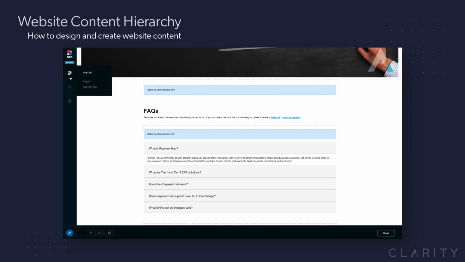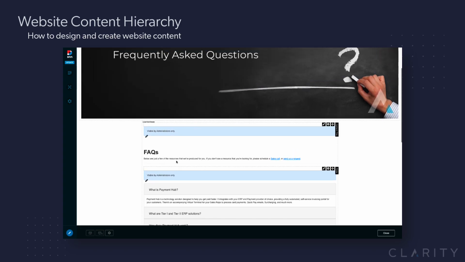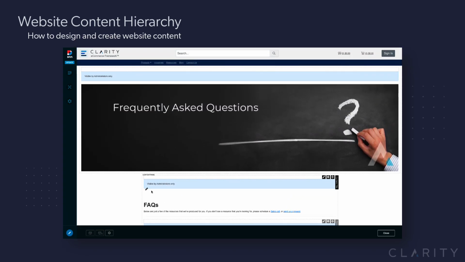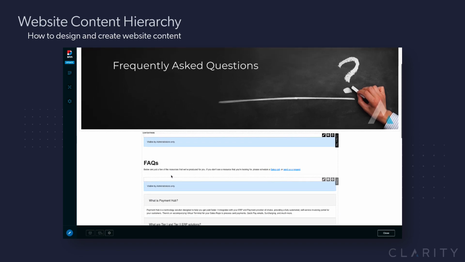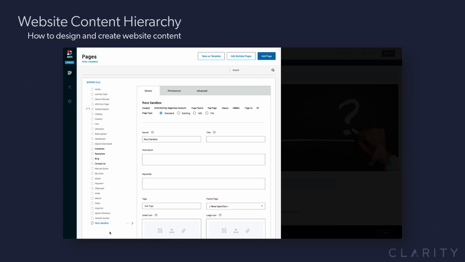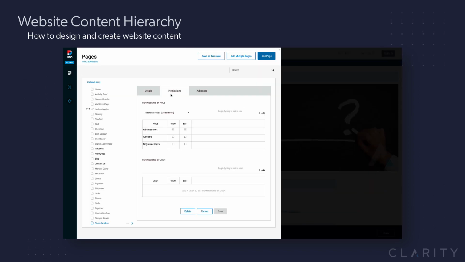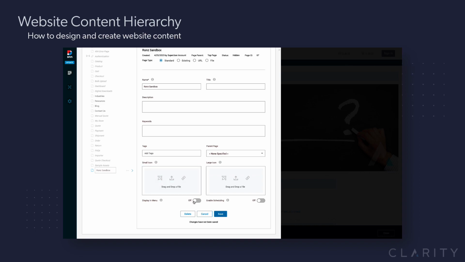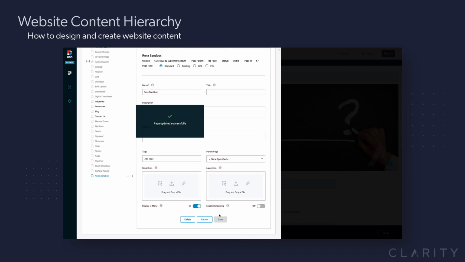So now I'm done, so I want this page now visible. By default, and you can see here, it's reminding you, all this stuff is only visible by the administrator. And because this page isn't in the navigation, if I logged out now, we wouldn't be able to see this page. So the final thing I'm going to do is go to the page settings, go to permissions, and I'm going to make it visible to all users. And then I'm going to go back and I'll go ahead and say display in menu, click save,